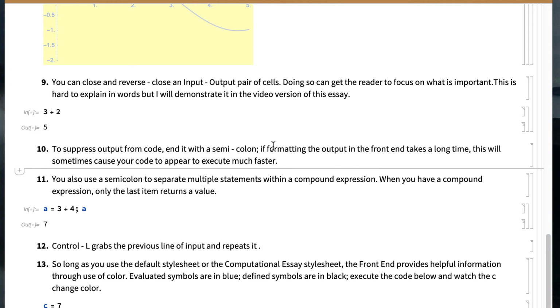One other advantage of ending it with a semicolon is sometimes presenting the output in an aesthetically pleasing fashion takes a lot of thought on the part of the front end. Save yourself the trouble. Tell the front end, take the day off and use a semicolon. Number 11,